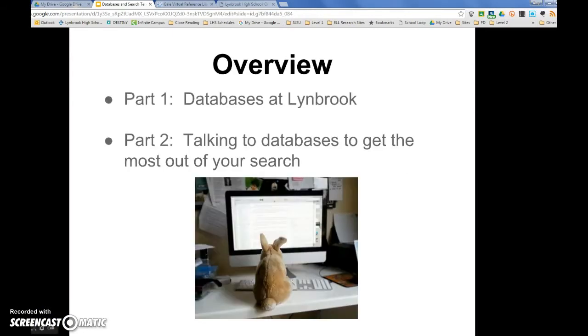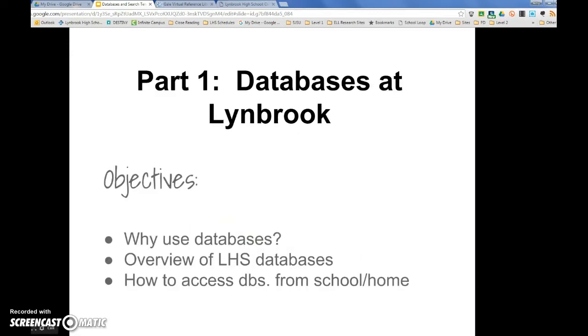In part 1, I'll talk about databases at Lynbrook, and in part 2, I'll talk about doing smart searching to get the most out of your search. So our objectives here are to make the most of databases and to overview Lynbrook databases and to know how